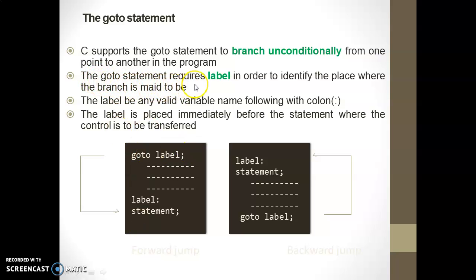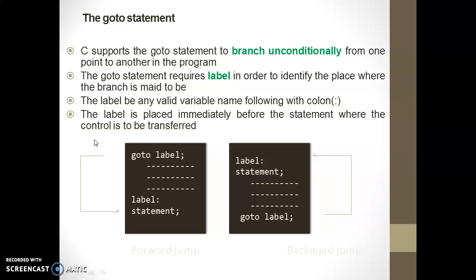With the goto statement, a label is required. Because we are branching unconditionally, we have to tell the compiler where to move. So at that location, we have to provide the label, in order to identify the place where the branch is made. The label can be any valid variable name. It could be anything, but after that we have to write the colon.